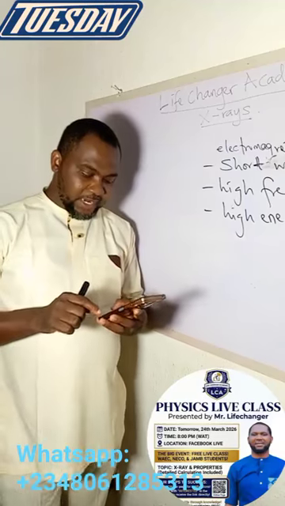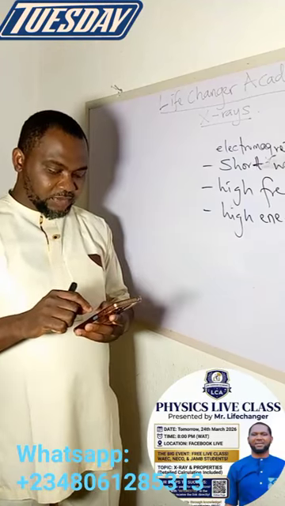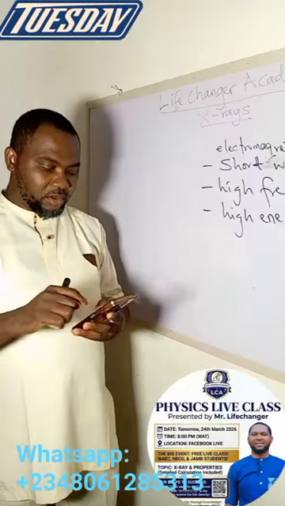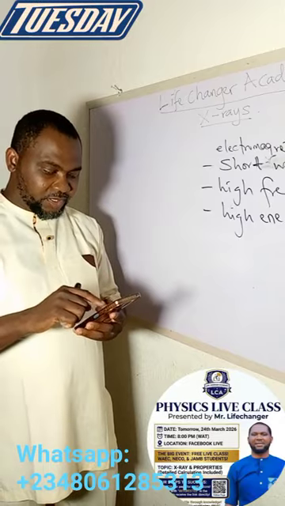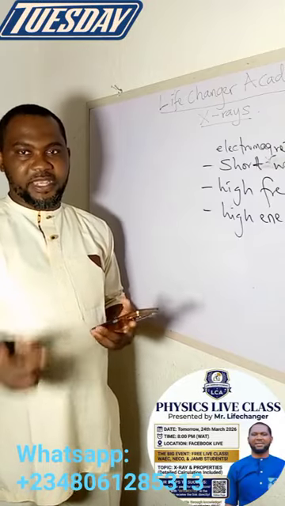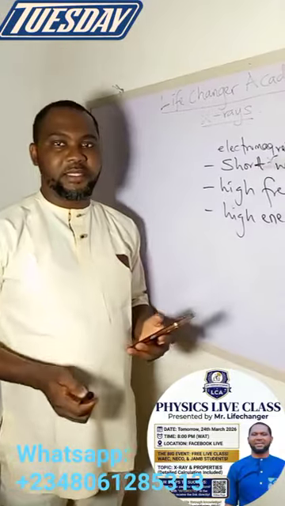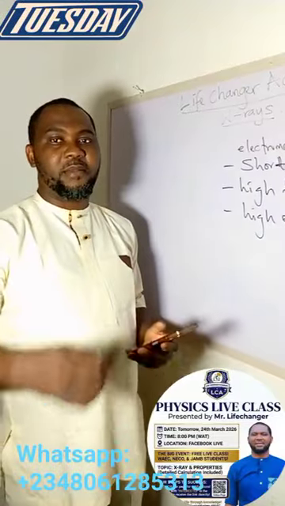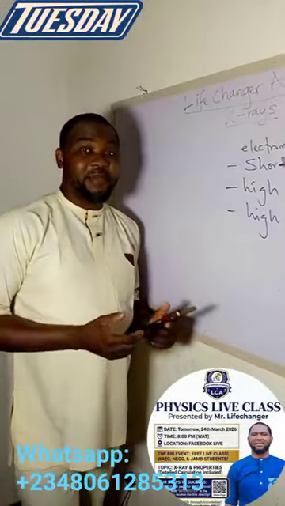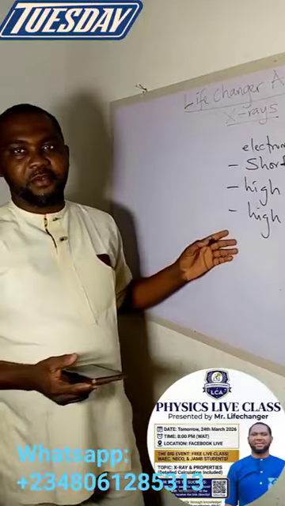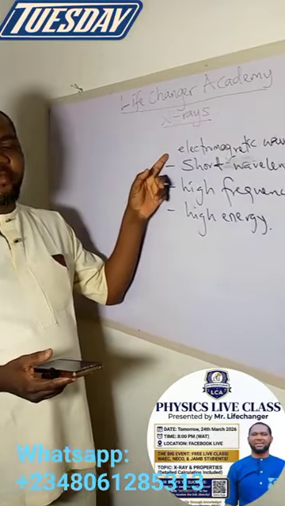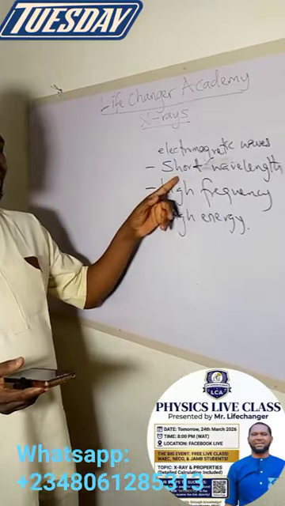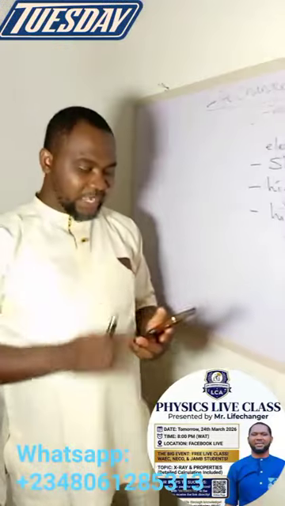Now, the next thing I like to talk about very quickly is what I call the properties of an X-ray. Before we talk about how X-rays are formed, I want to quickly talk about their properties. Amazingly, in the definition, we already have some properties. Number 1, they are electromagnetic waves. They have very short wavelength, high frequency, and high energy. They are highly energetic. But there are other properties that we can list here.